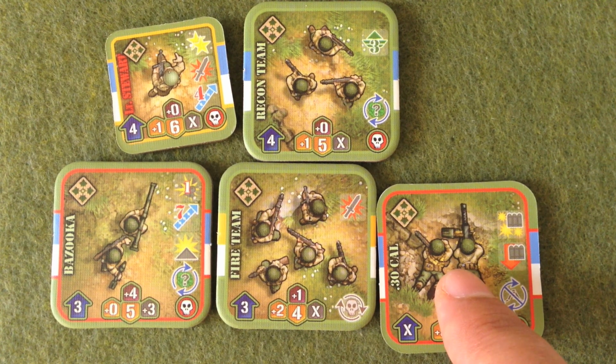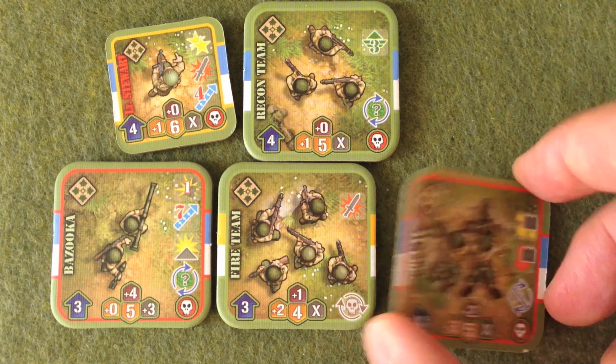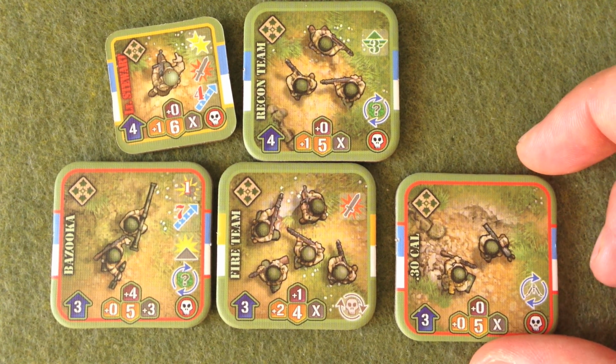There, it's with the unit in fire position, so it can't move, but it can attack. It doesn't have a move stat, but it has an attack stat. And if you flip it, this is the same. It has a skull, so if it's hit, it dies. But there, it can move, but can't attack. So it's the two states of the machine gun on the same counter. Here it is for the